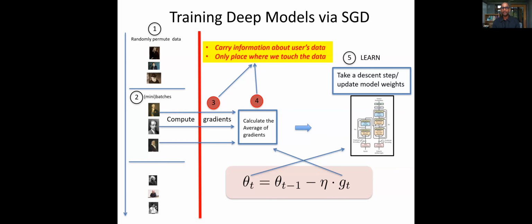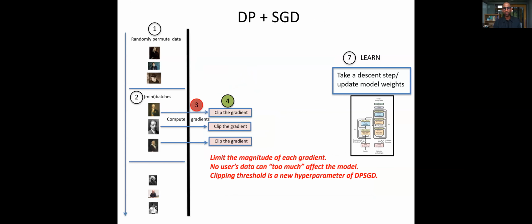So what they said is, okay, look, in the SGD process, which we saw earlier, where is the information regarding a particular user being used? It's in computing these gradients. And that's where you actually touch the data. So how about we make sure that this step itself becomes private, right? And the way they proposed to do it is to make these two modifications to the SGD